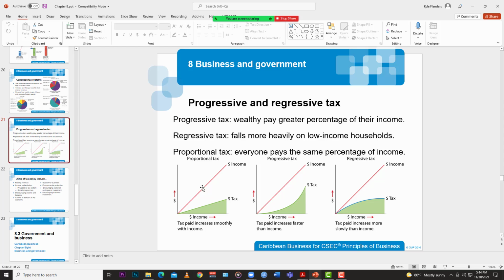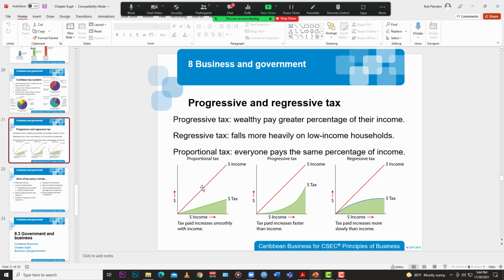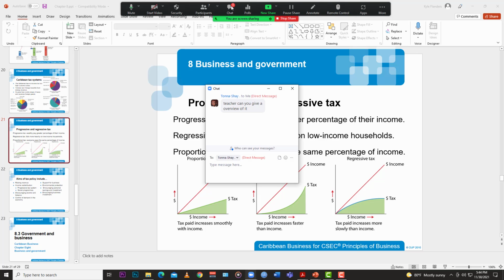Then you have the opposite, which is a regressive tax system. A regressive tax system. In this tax system,